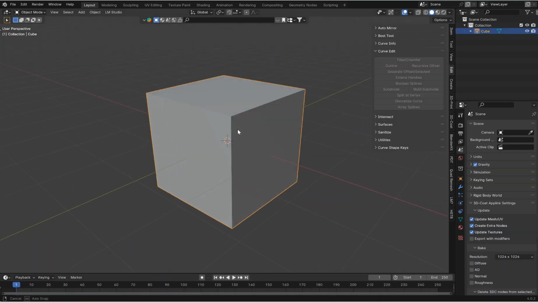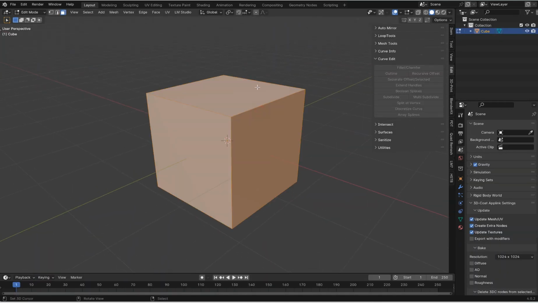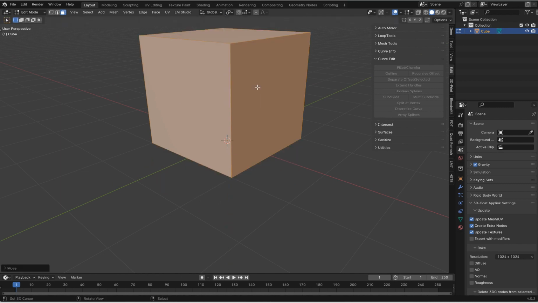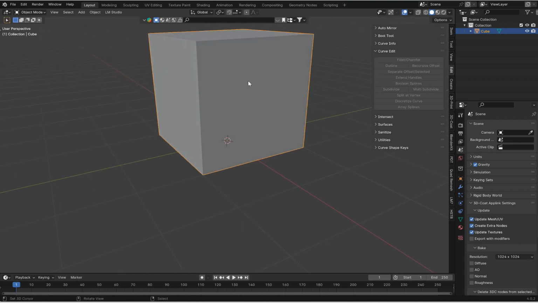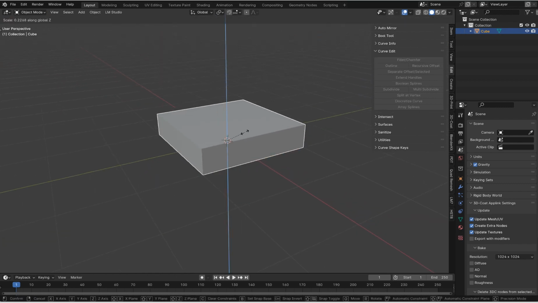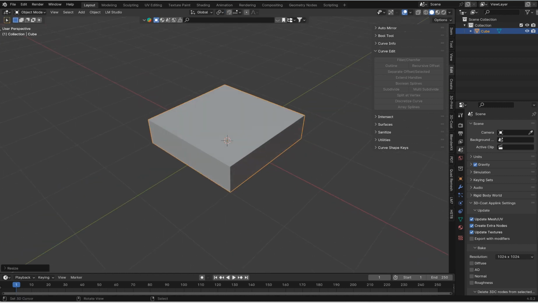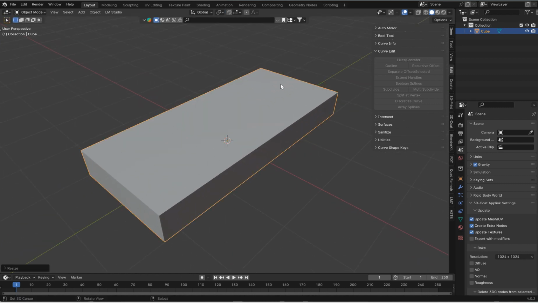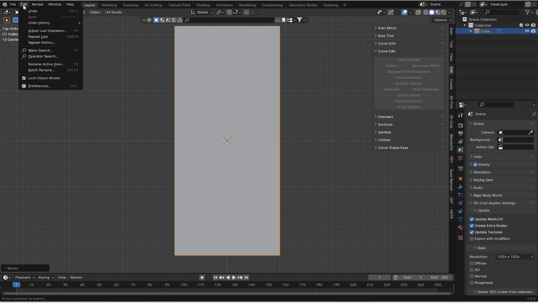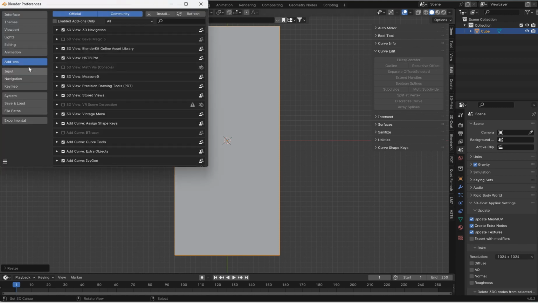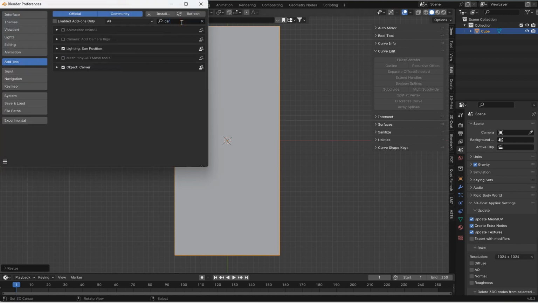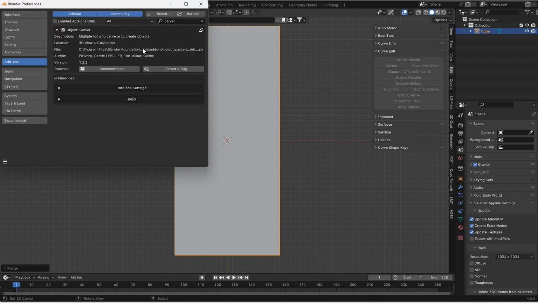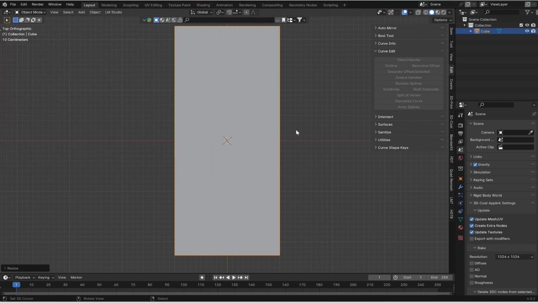All right, for this example, I'm just going to jump into edit, hit G Z 1, and I'm just moving the origin point for this so I can kind of scale it down to whatever size I want. So something like this is good. I'm gonna be using the carver tool real quick. If you don't have that enabled, it's just a basic hard surface modeling add-on built into Blender, initiated with